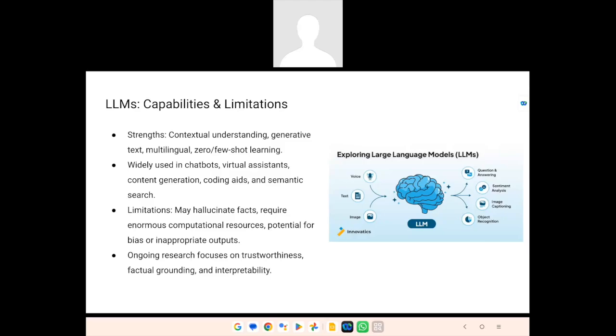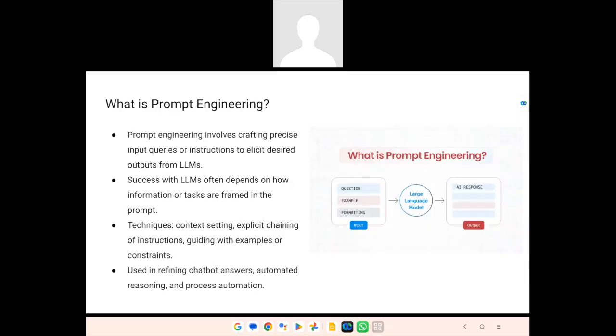Okay. And another problem is the bias. LLMs may be biased if you didn't do prompt engineering properly. So what is prompt engineering? LLMs may give inaccurate or biased outputs if your prompt is not correct. A prompt is nothing but the way we question the LLM. To put it in very simple words, the clearer and more precise our question is, the more accurate our answer will be.